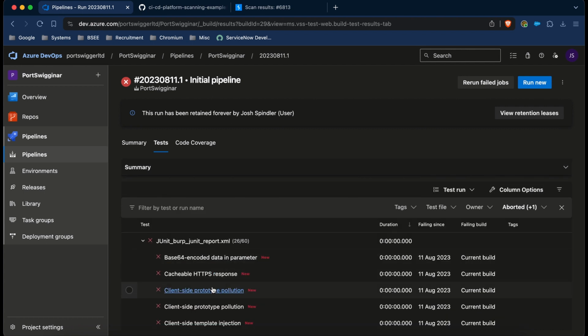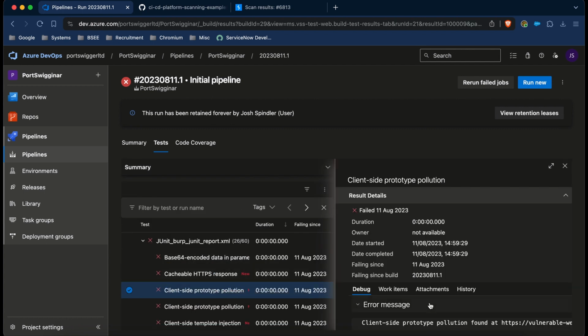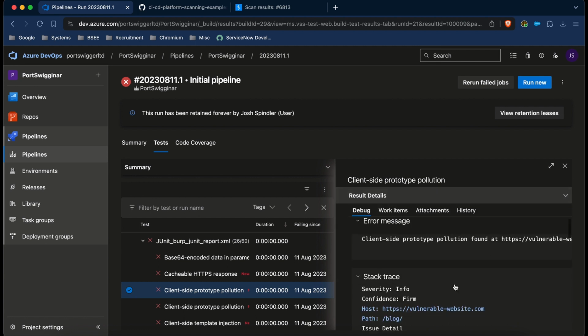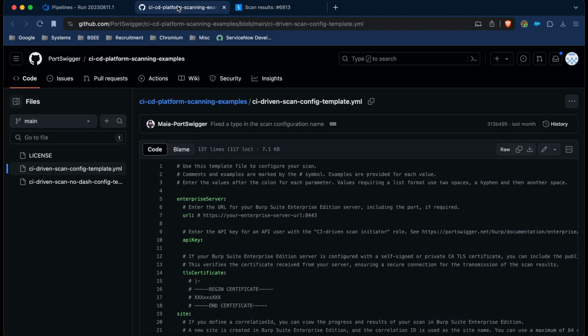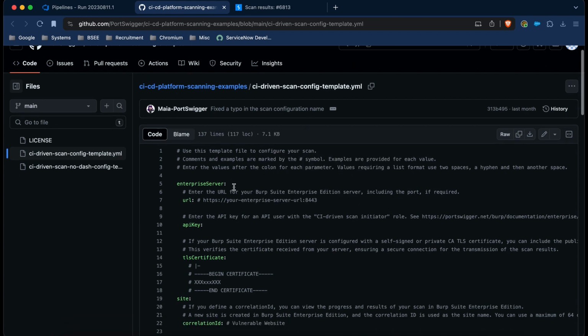you can see here that we've got a client-side prototype pollution vulnerability, which if we scroll down, you can see the severity and the confidence and all of this information here, which is the same as what you could see within the enterprise console. I'm just going to go to this public-facing repository here,